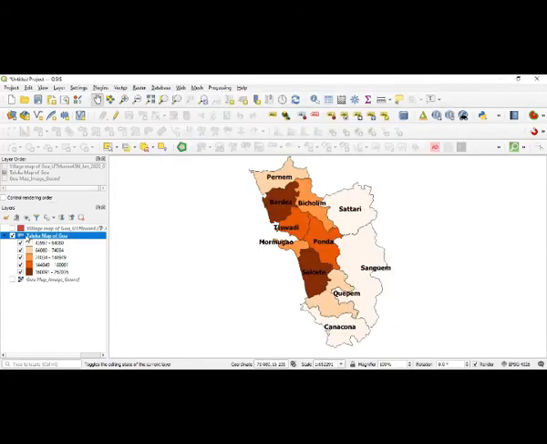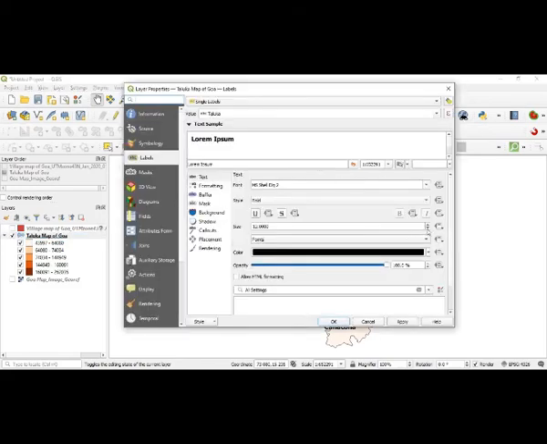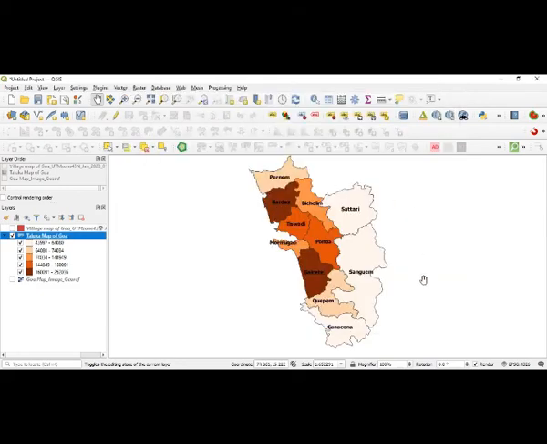I will again go here, double click, and keep them at 10 only. So 10 looks appropriate, and I will keep them because they are all well within this. And where you want to position them, whether around the center of each of the talukas, or on the margin, or on the lower side, that is also in that property window.